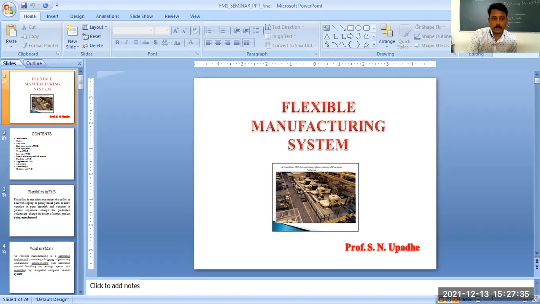Progressive or line type. See, this is the progressive layout, the first diagram over here. Starting work parts are taken from the left side to the right side. Loading of the machine is carried out here. These are the work parts. Then machining 1, machining 2, machining 3, machining 4, and unloading of the completed parts. Red indicates uncompleted parts, green indicates completed parts.